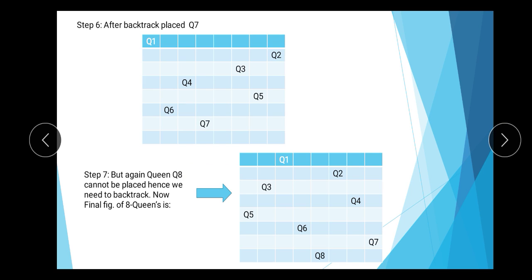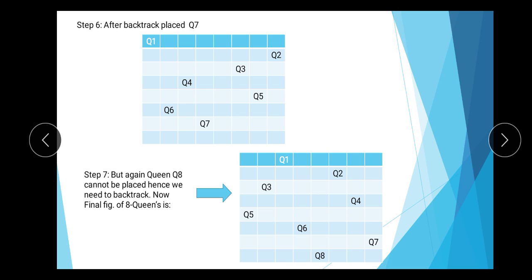After backtracking, we place our first queen in the first row, first column, second queen in the second row, 8th column, third queen in the third row, 6th column, fourth queen in the fourth row, third column, fifth queen in the fifth row, 7th column, sixth queen. Now we move it to the second column, that is the 6th row, second column, and we place our q7, that is the queen number 7, in the 7th row, 4th column. This is a safe position for placing the q7. Now again this is a dead end.